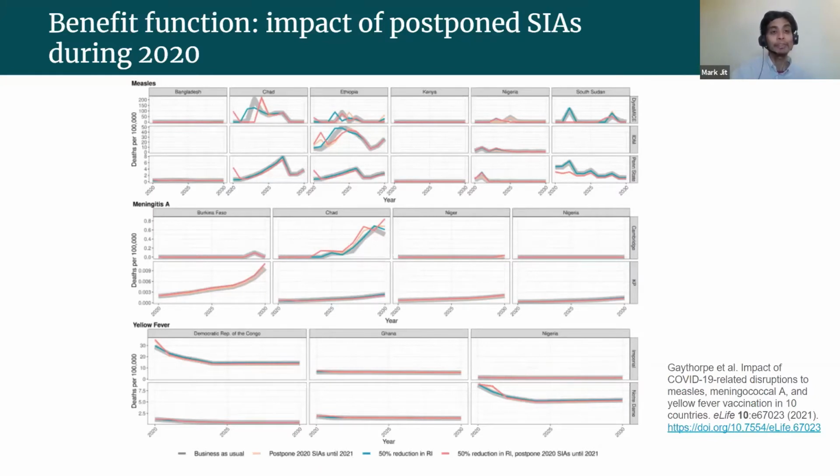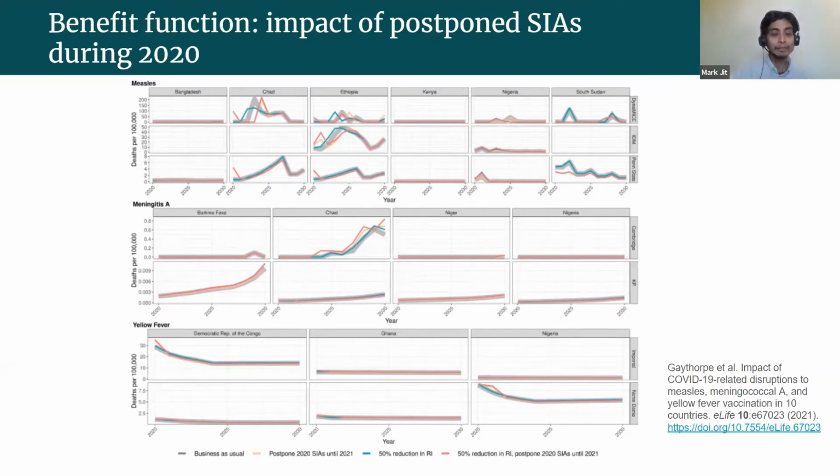However, for measles, the effect of campaign disruptions is probably quite big because missing out one or two cohorts can have a large effect on outbreaks. For yellow fever, it's sort of intermediate. It's not very obvious from the graphs, but there actually is a risk of outbreaks if these campaigns are disrupted.